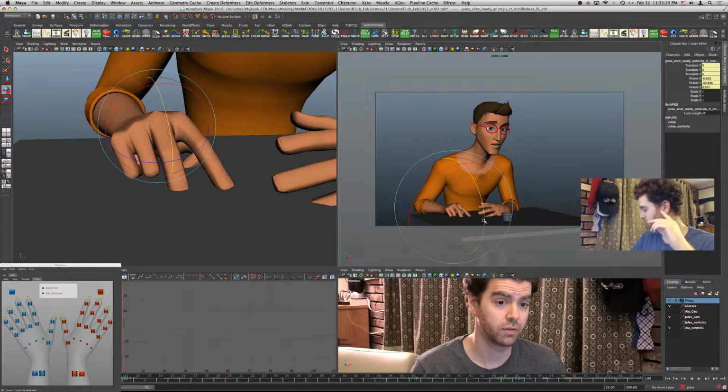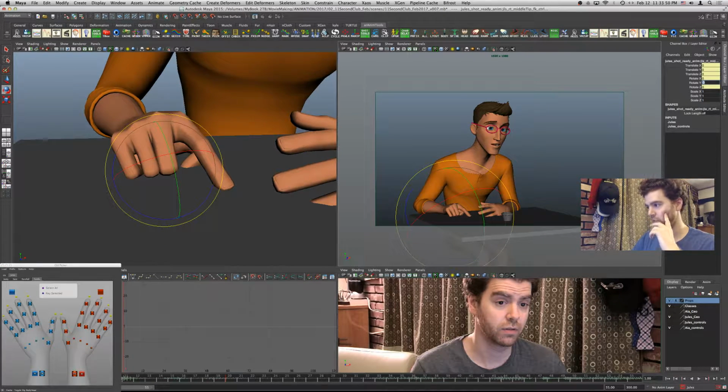Let's see, I'm just sort of looking at my hand. So what am I doing? Okay. Cool, so I'm just going to reset some of these and try this again. Put that just here.